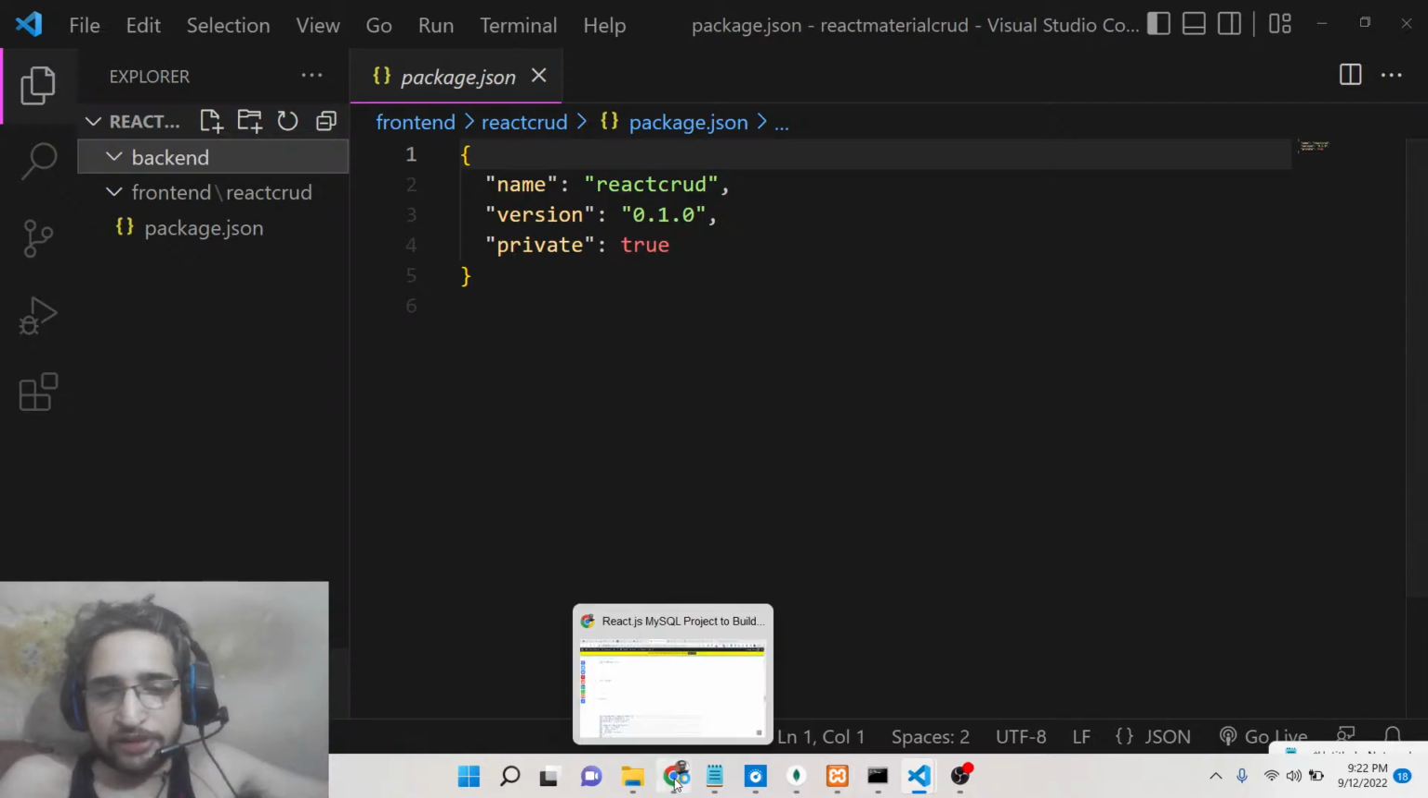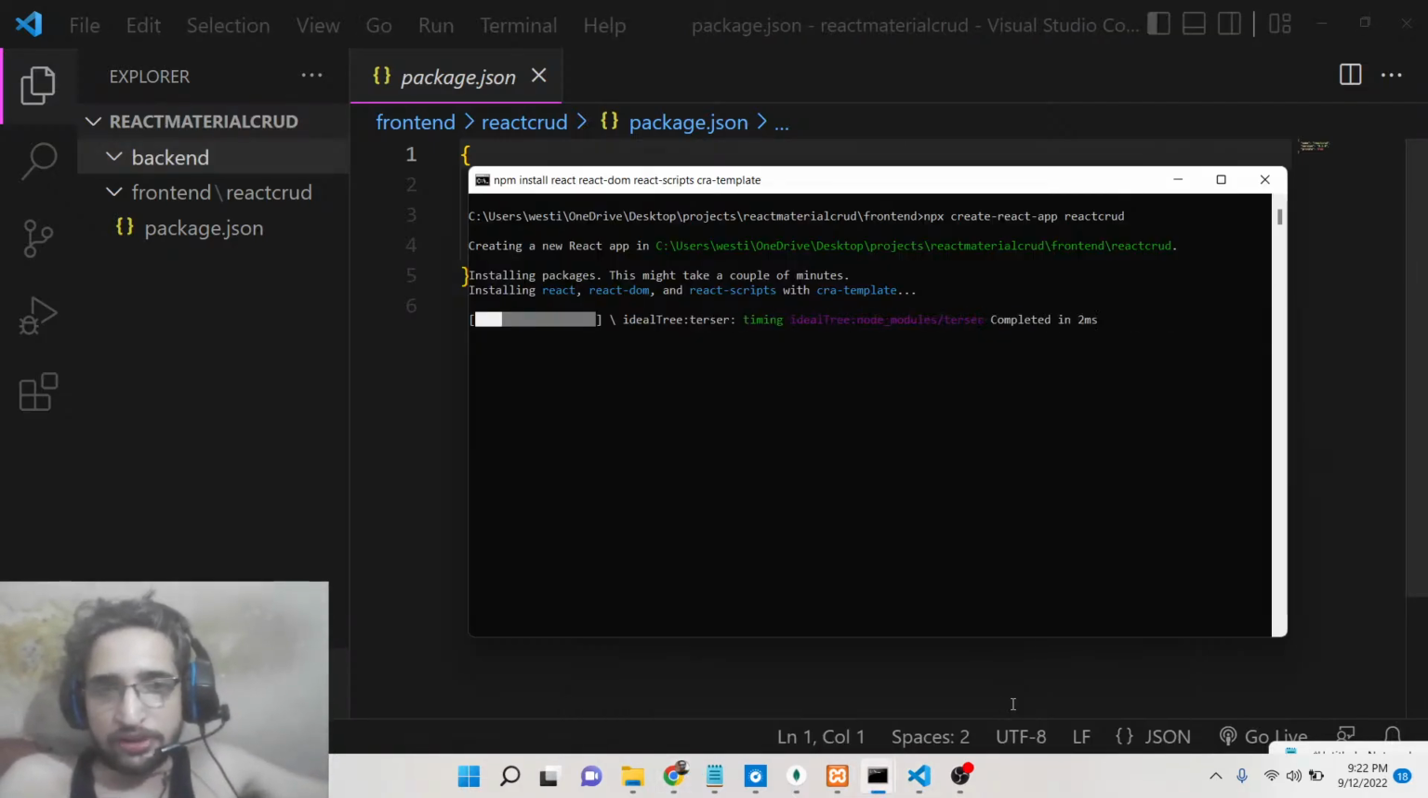So inside the backend folder we will make our Node.js project. So after this,